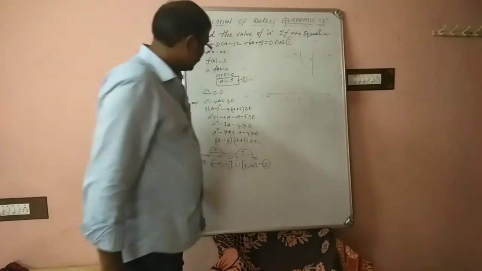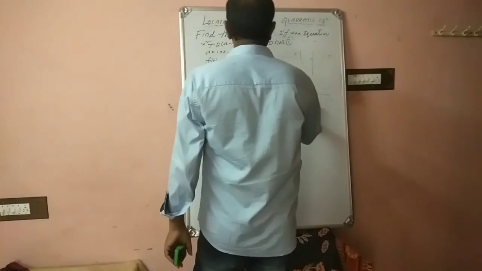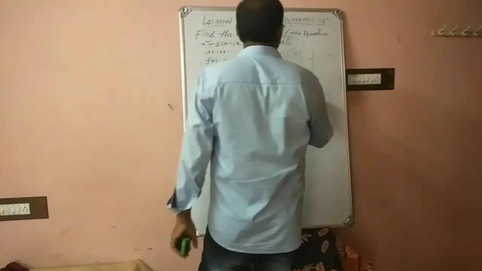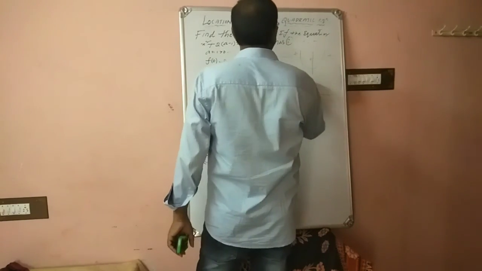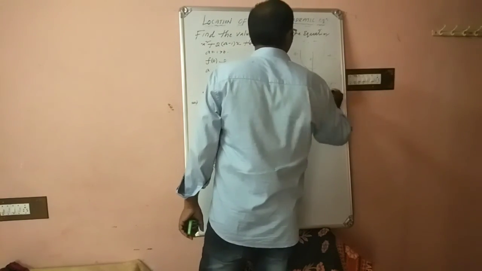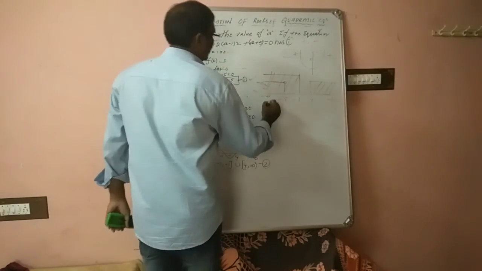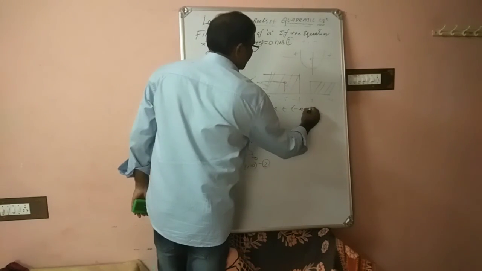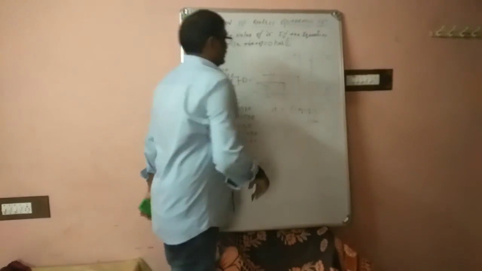Minus infinity. So now you see A value less than minus 5. So A is less than minus 5. And minus 1 to infinity. Minus 1 to infinity. And then 4 to infinity. This is the value. So what is the interval here? By putting all the two values where it is intersected, A belongs to minus infinity to minus 5. Where is minus 5? Open interval. So minus 5. This is the interval for